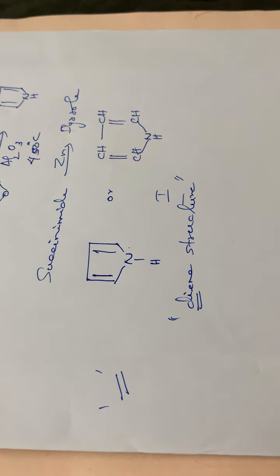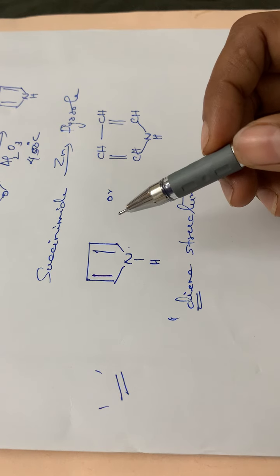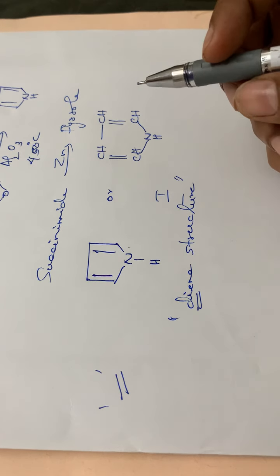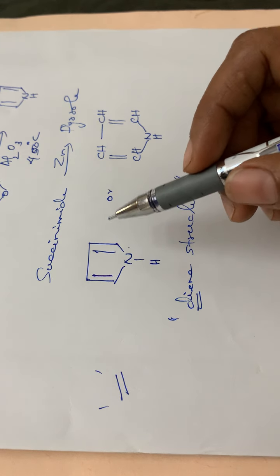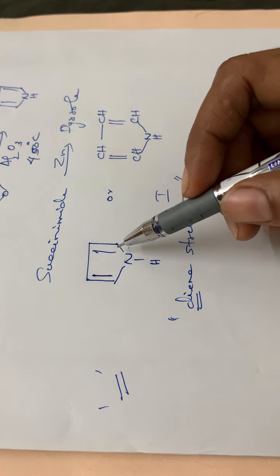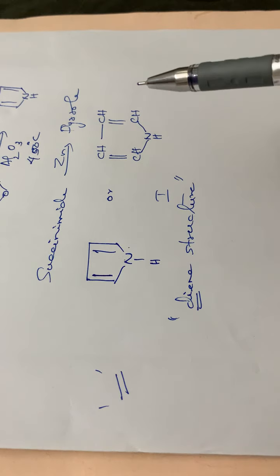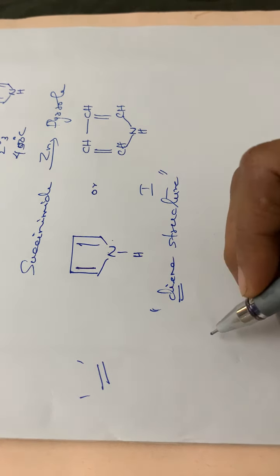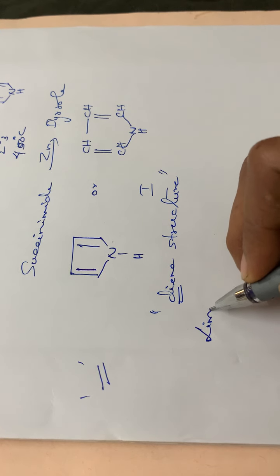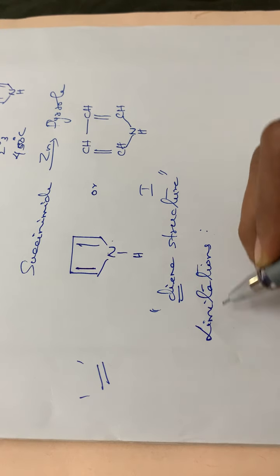Okay, we have already seen that only electrophilic substitution reactions will be taking place in this ring, at the second position or at the third position. See here, across the double bond there is no addition reaction taking place. Instead, only electrophilic substitution reactions take place. That means this particular compound has no double bond structure or diene structure. So we can reject this structure, or we can say there are some limitations for this diene structure.